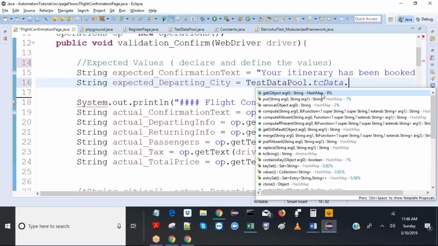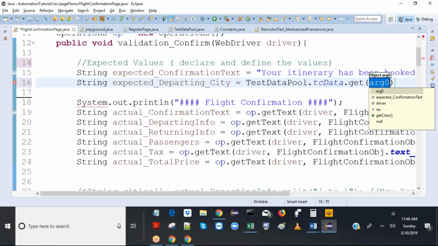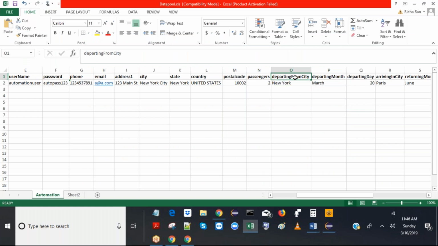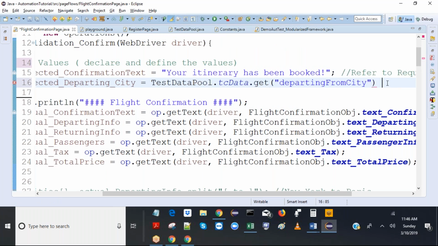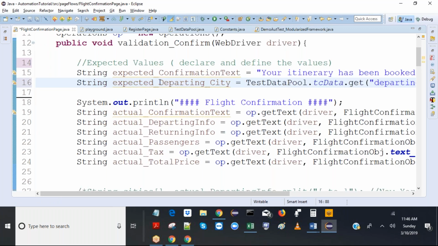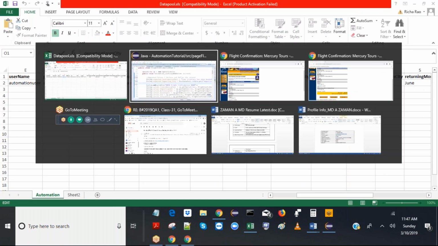Now I want to get it. Get what? I want to get this particular key's value. So simply I pass this. Okay, so this is the standard mechanism for dealing with the data pool. Simple. So that's how I determine the expected value. Expected value comes from the data pool. Actual value comes from the runtime web page. Okay, so now the next thing is, what's the next thing? The next thing is the page,